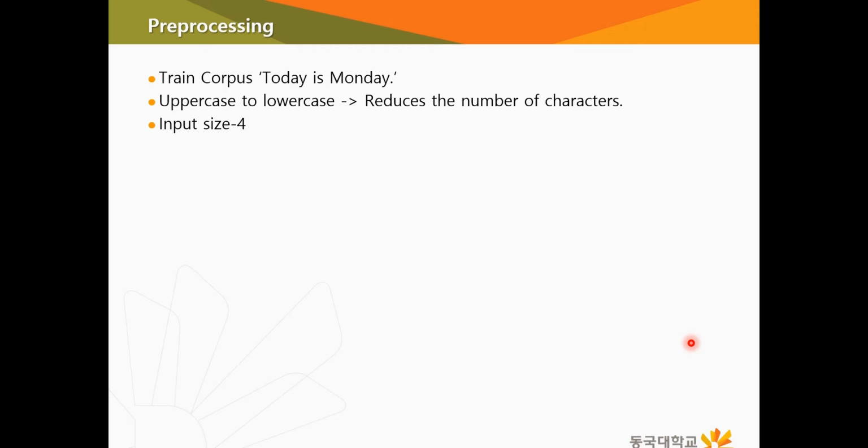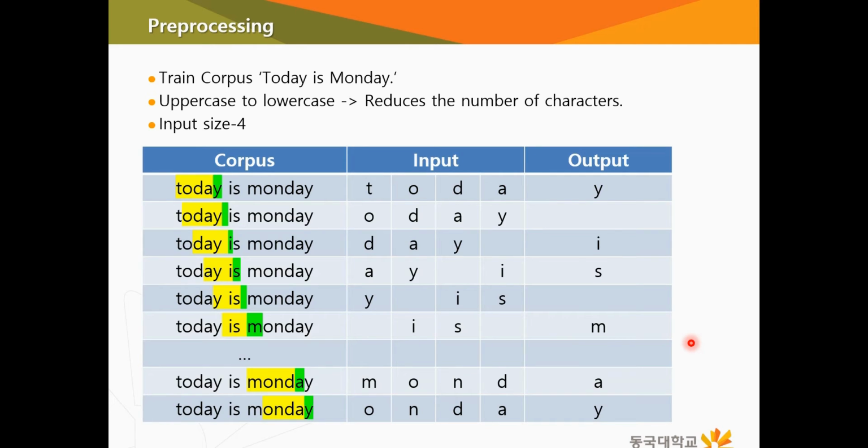And the user can set the input size. In this example, let's say we set the input size as 4, then the first input data pattern will be "toda", and the output label is "y" because it is the character that follows the input character pattern. And the second input data is "oday", and the output label is the empty space, and the third input data is "day ", and the output label is "i", and it goes on